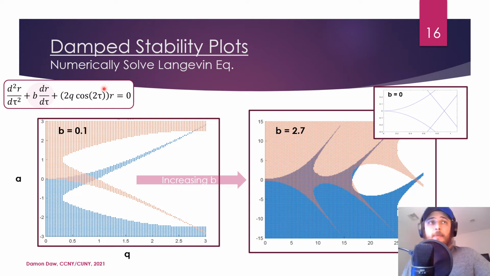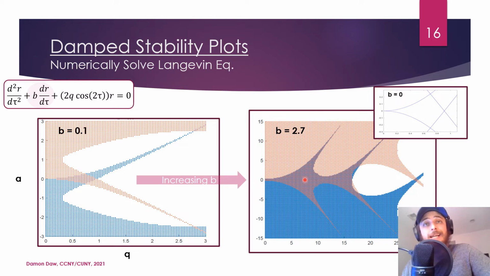Because we also need to know what happens to the stability region itself when you introduce this term. And it turns out that it greatly increases the space of stable parameters. So this is again A and Q, A on the vertical, Q on the horizontal. And this inset is for the b equals 0 case, and you see there's this little diamond and it ends at a little less than 1 up here. If you make b just 0.1, the edge of the diamond maybe creeps up above 1, but then if you increase b to say something like 2.7, you can see that